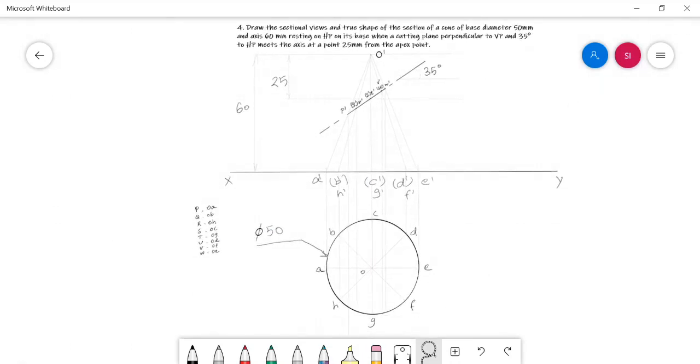Now I projected the point P. The P cut point should be marked in the slant generator OA. So this is nothing but the projector of point P dash. You have to mark the corresponding point P in the generator OA. So just track this projector. Whenever it intersects with OA, you have to mark the point P here.